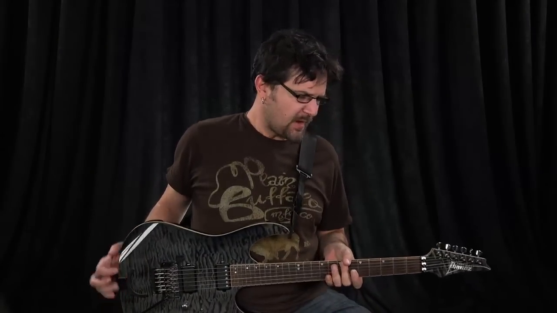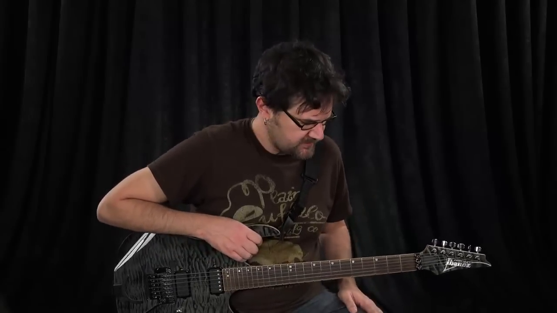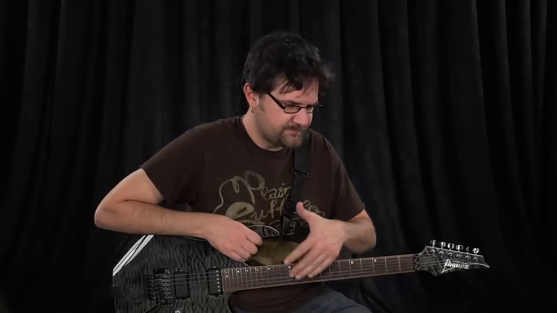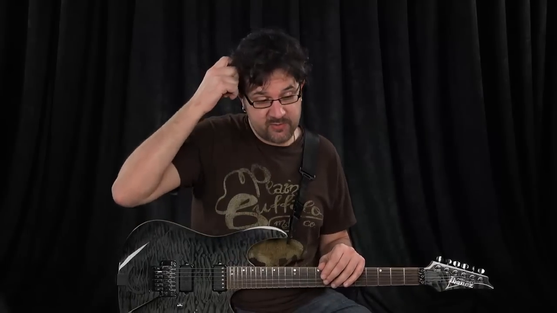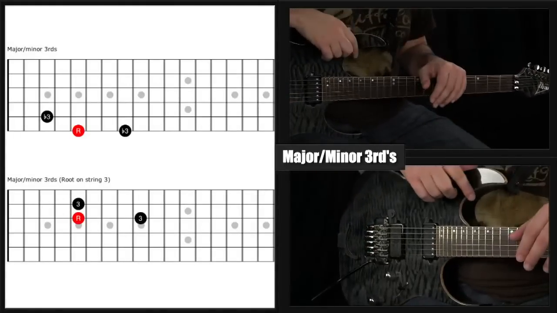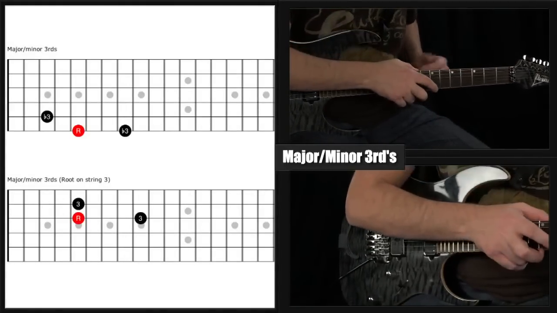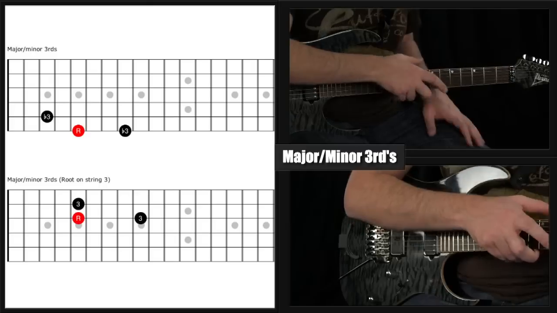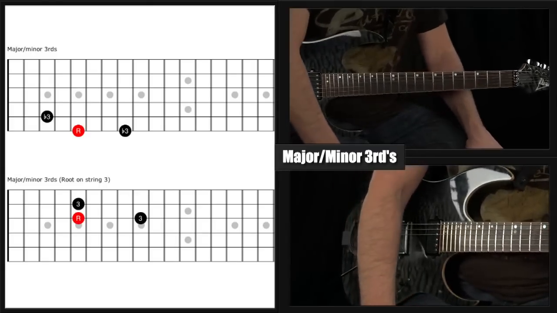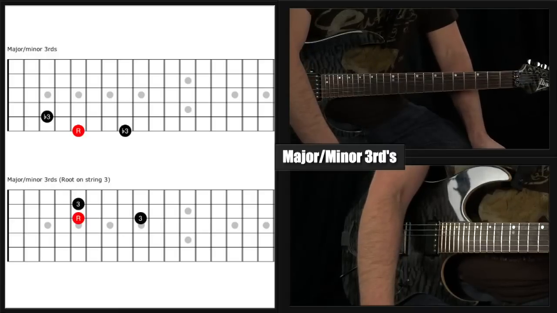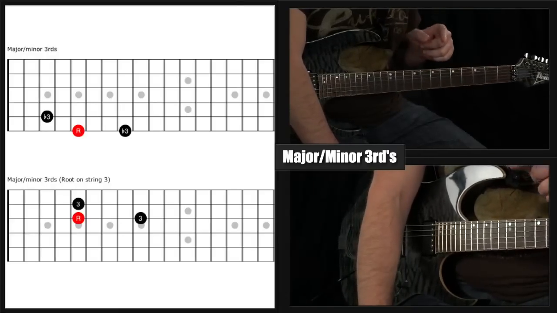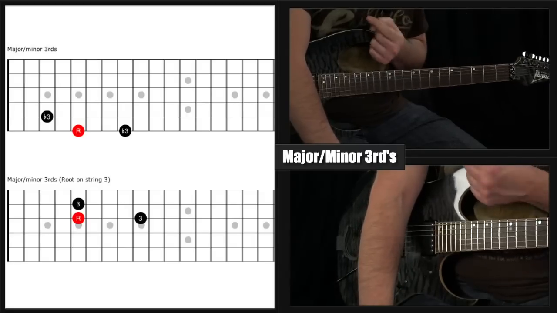I want to go back to the shape that we had on the screen with the two diagrams, major and minor thirds, because there's a particularity on the guitar between the 2nd and the 3rd string. And you see on the 2nd diagram there, the shape changed. It's no longer between the root and the 3rd. It's no longer 3 frets, but this time it's 4 frets. And that's because,